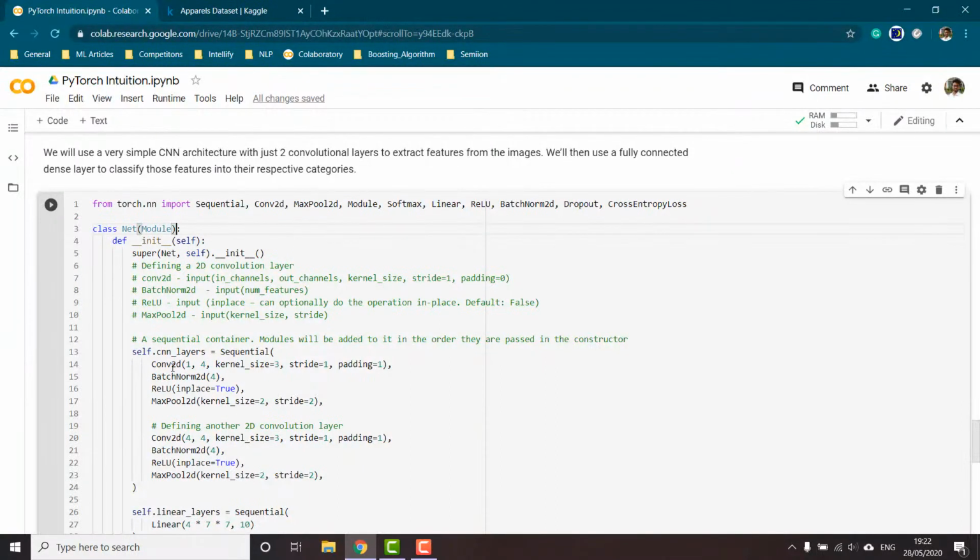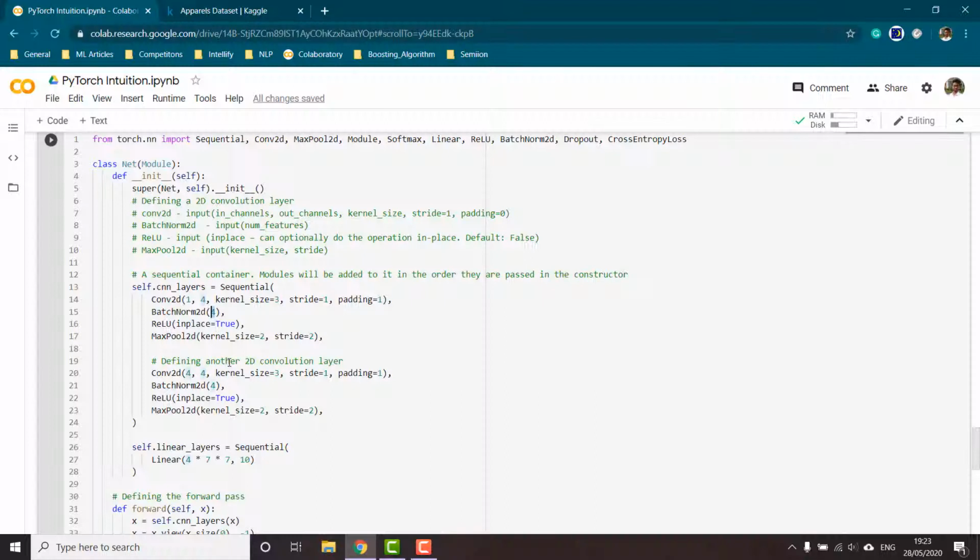So first we are performing a Conv2d, where the input number of channels is 1 since it is black and white, and then the out channels will be 4, with a kernel size of 3, stride of 1 and padding of 1. Then BatchNorm2d, where we give the input features; our output features would be 4, so here the number of features will be equal to 4. Then the ReLU activation layer and then MaxPool2d.